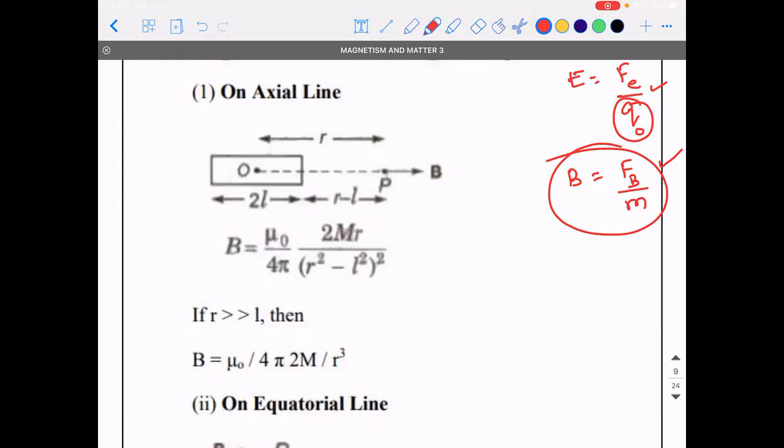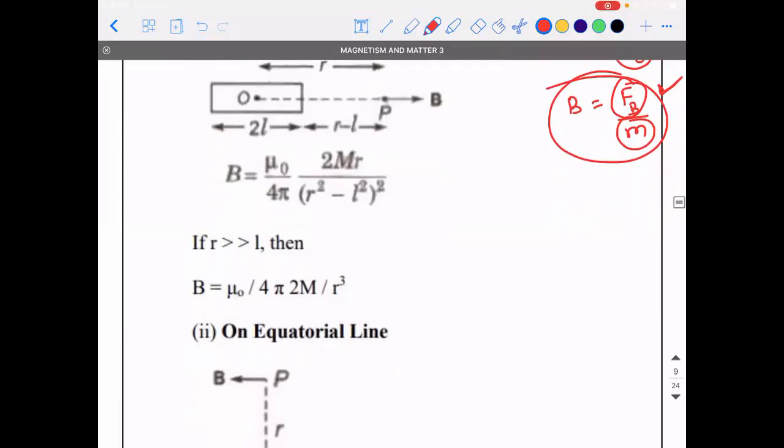Because we have another formula for magnetic field intensity in the previous chapter on electromagnetism. Who gave us that formula? There were two scientists together, they gave us some formula. Yes, Biot-Savart law. The Biot-Savart law is used to calculate the value of magnetic field due to a current carrying conductor at a given point. Whereas this formula is applicable for a permanent magnet. I hope you know the difference between both, right? So temporary magnet is the case of electromagnet, and here it is going to be a permanent magnet, right? So F_B divided by m.